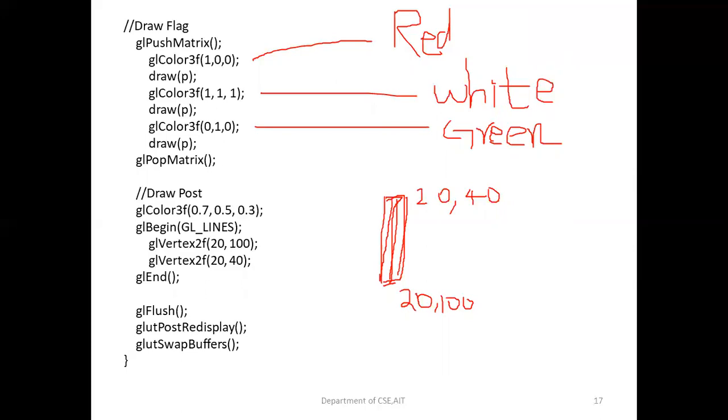The draw post is the set of functions used for drawing the post, that means the flag post. For that, we are going to make use of GL lines, and it is a combination of red, green and blue color. The line is going to be drawn from 2040 to 2000, one thick line with a pixel size of 5. Because of the post redisplay, the swap buffer and the flush, the drawing will be displayed again and again. All the functions will be present in a loop and the animation will be happening.